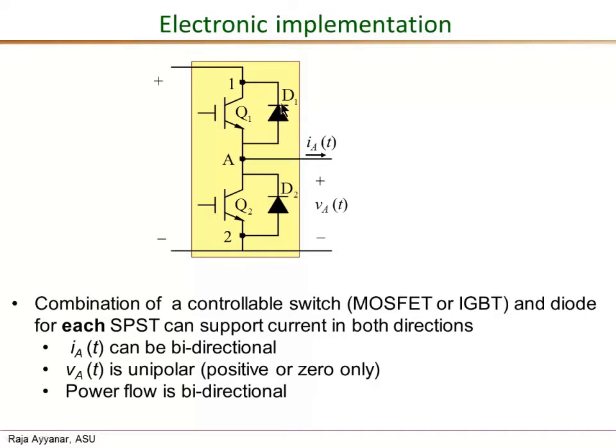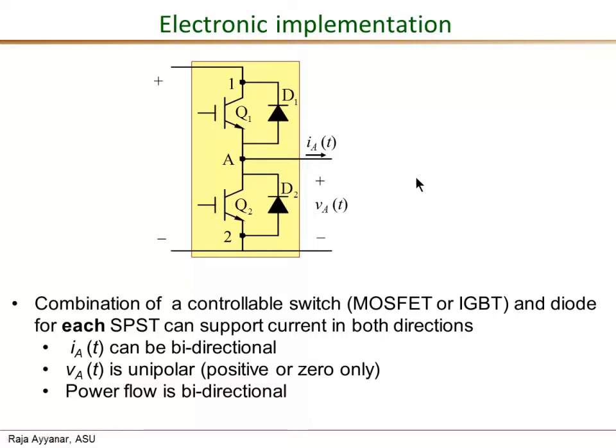So the diodes obviously conduct in only one direction as indicated by the direction of the arrow, and similarly the IGBTs can also conduct current only in the direction shown by this arrow. But between the IGBT and the diode, each of these two switches, the top and the bottom switch, can conduct either positive current or negative current. So therefore this is a completely bidirectional current supporting device, whereas the output voltage V sub A can only be